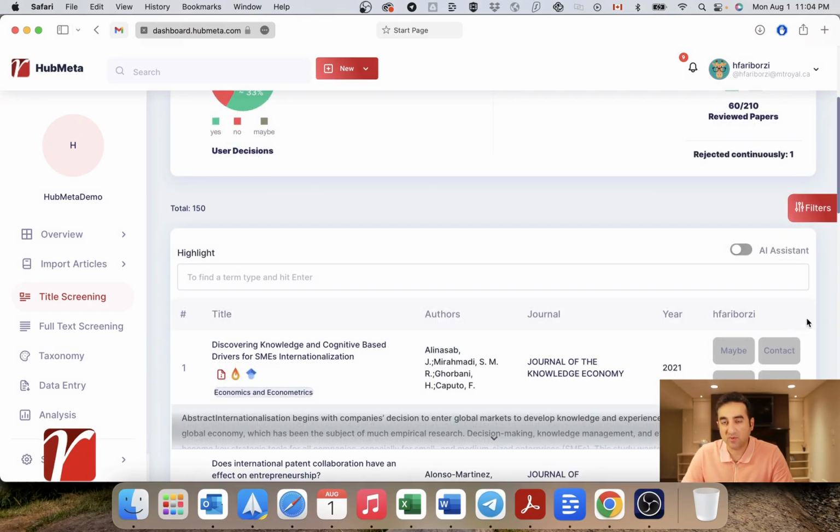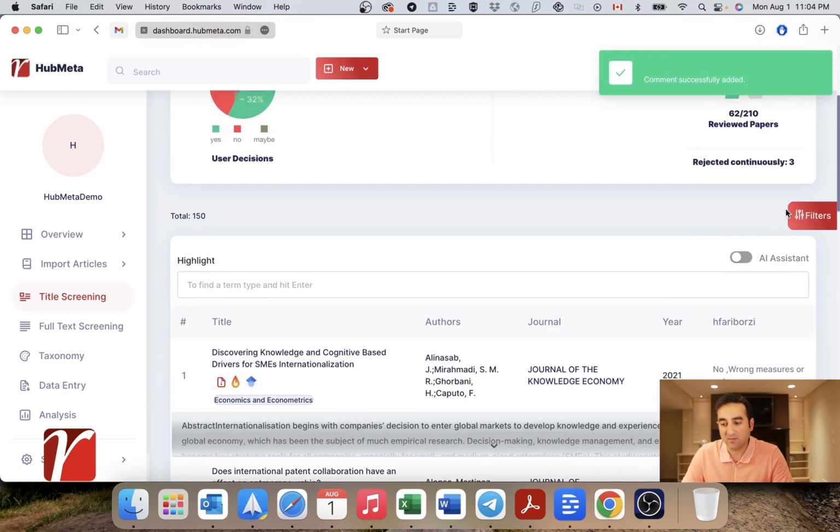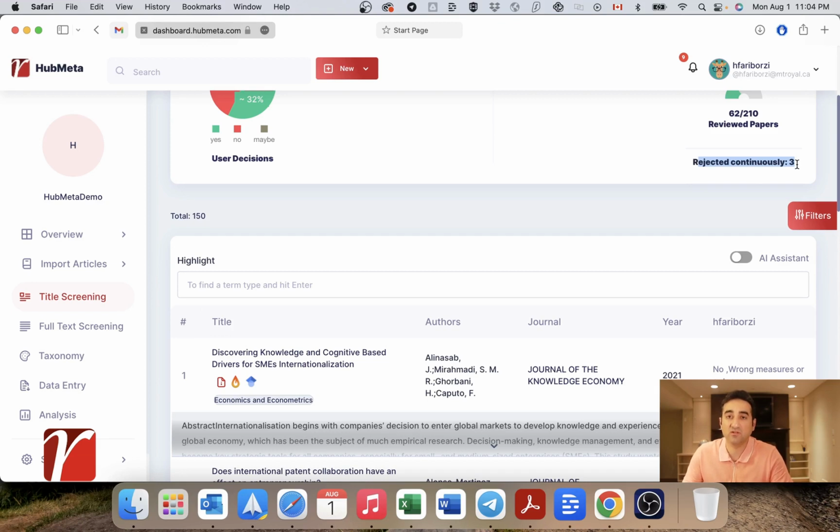So in your review project, if you keep submitting no votes to articles, you will see that up top, there is this counter which says how many articles you have rejected in a row. And this helps in determining if it's time to stop looking at articles now. So usually what happens in the project is that if you saw that you have rejected, let's say, the last 200 papers that you have looked at, it might suggest that there is not much left to look at in the remainder of the database.